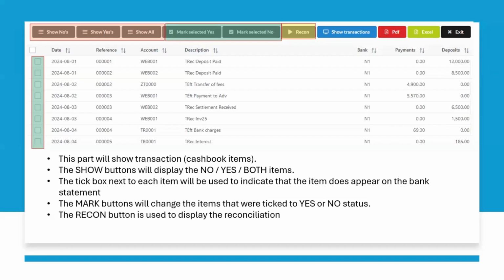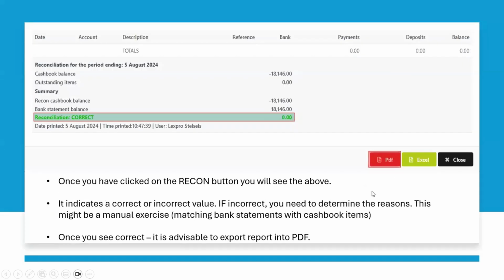All right, so the bank statement will have them on, and I need to click them there on the left-hand side. There's a tick box. I will select them, and I will indicate to the system at the top to mark the selected as yes, because I can see it. And then I'll put in my bank statement balance that I see on my bank statement, click on the recon button, and you should be presented with a reconciliation that says correct, with a green 0 there.